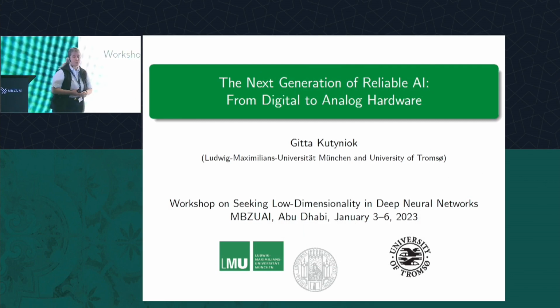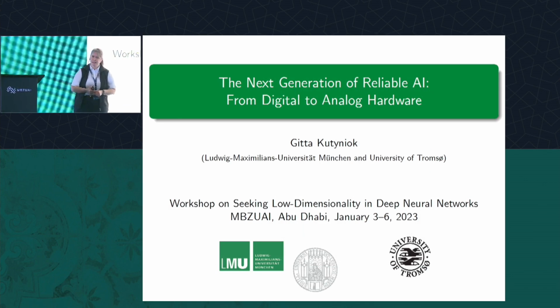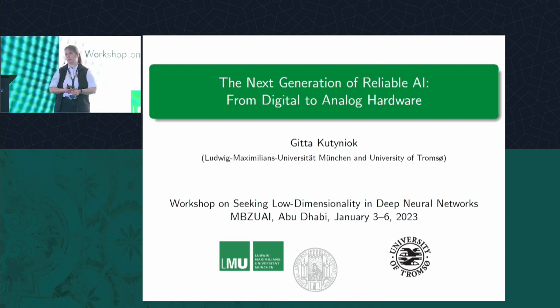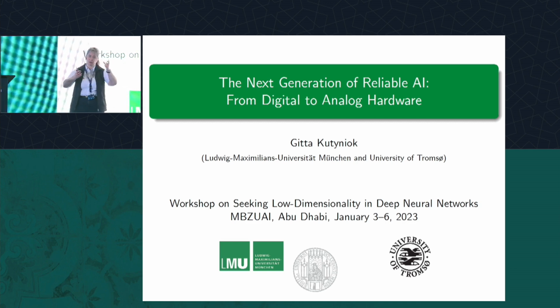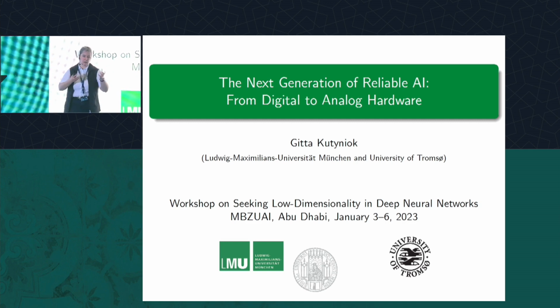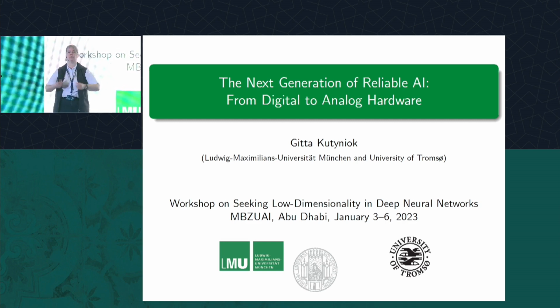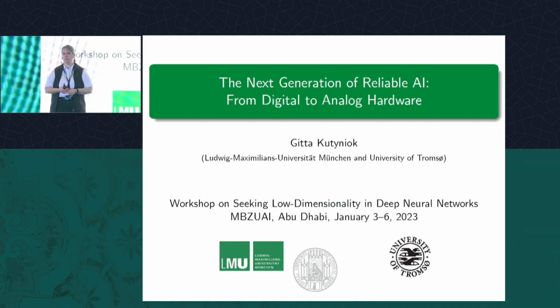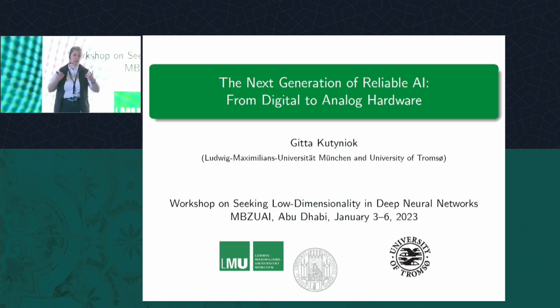Now, in my talk, I would like to talk a bit about reliability of AI, which I think is one major question and one major problem these days worldwide, because it's known that AI technology is not at that level of reliability which we require. And according to the topic of this workshop, I would like to also reveal in certain directions how this intertwines with low dimensionality. So why low dimensionality can also help for reliability, and then in particular in the second part